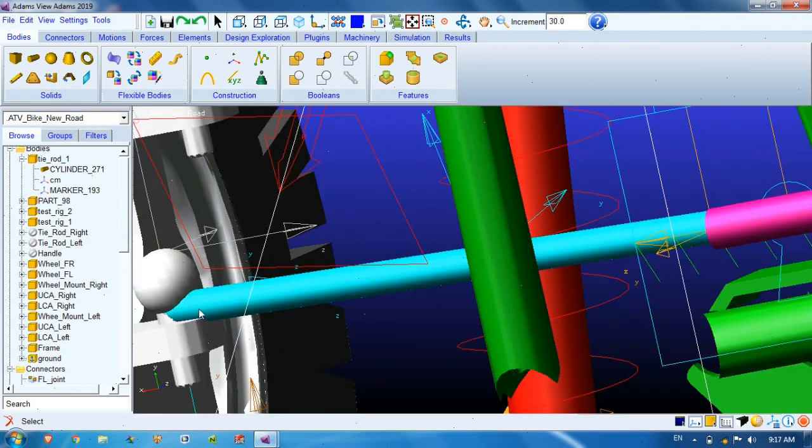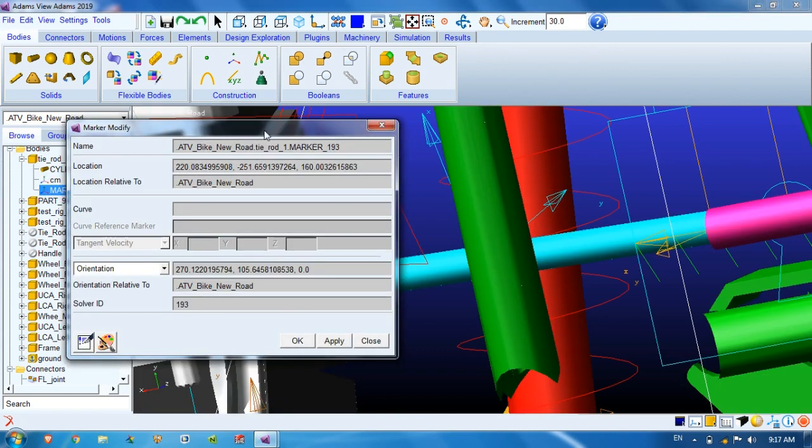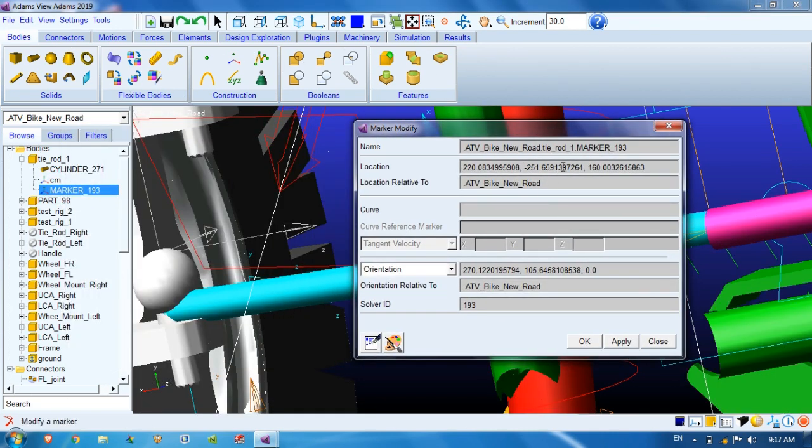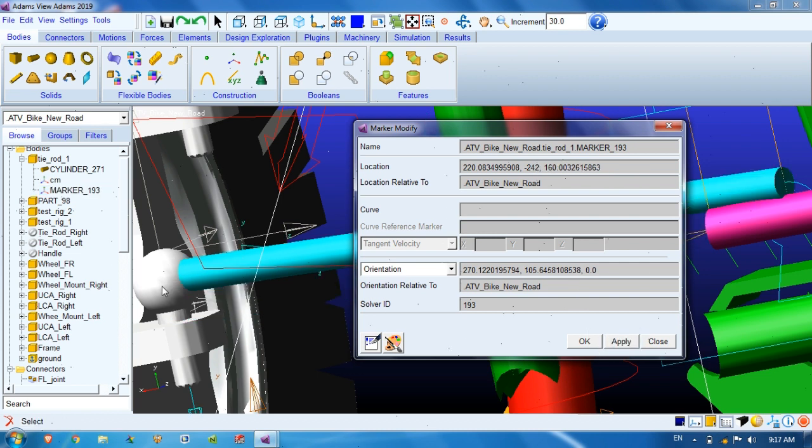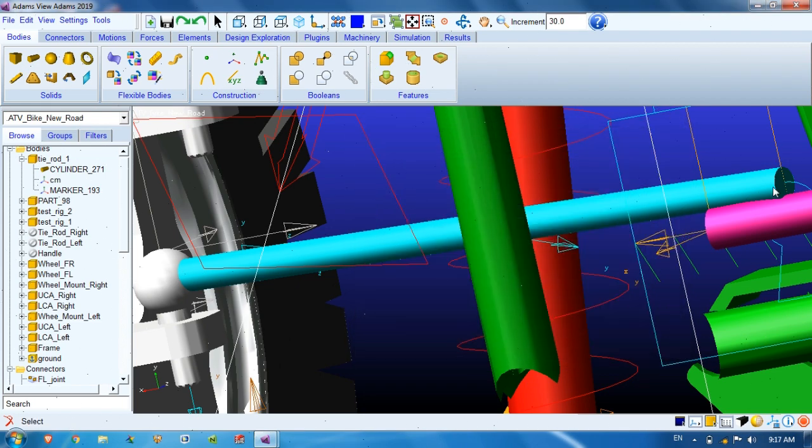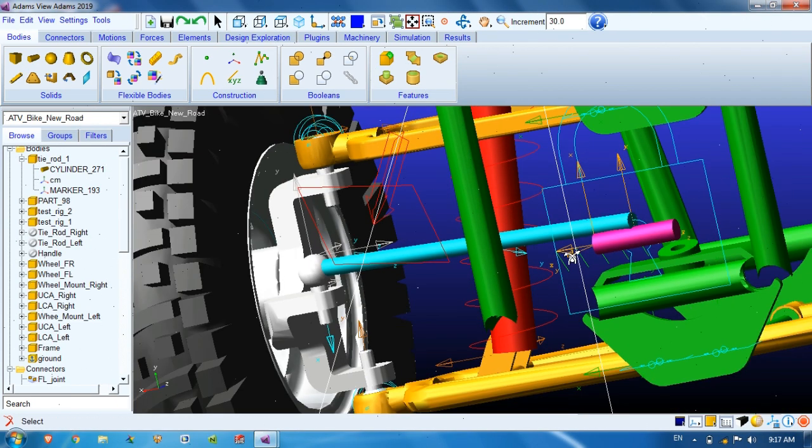Okay, we want to move this to this one, so for the marker we will increase the Y location, make it 242. Let's see what will happen. It is going to this one, but at the same time it is also moving from this side.